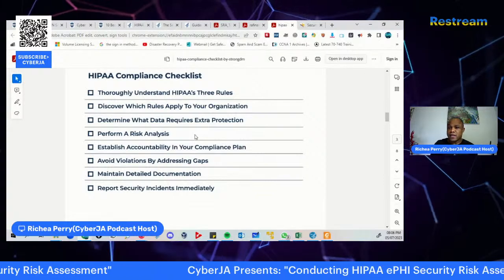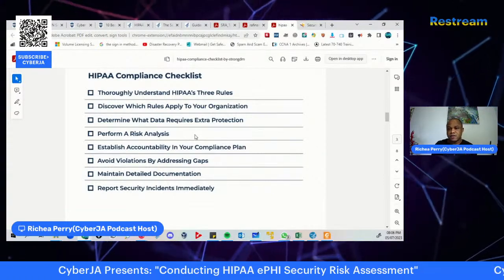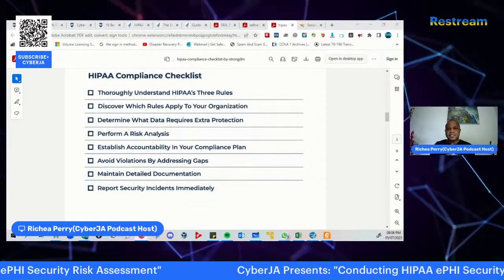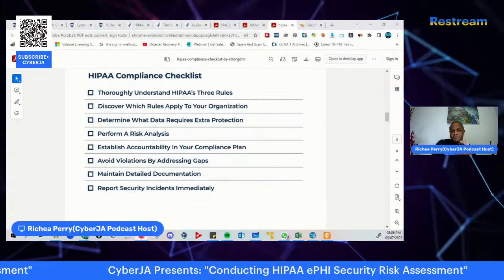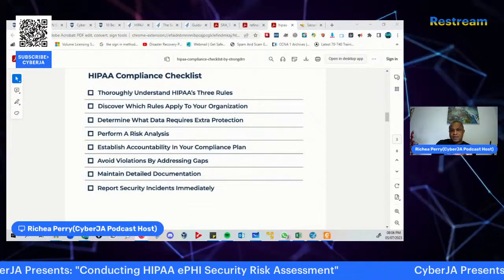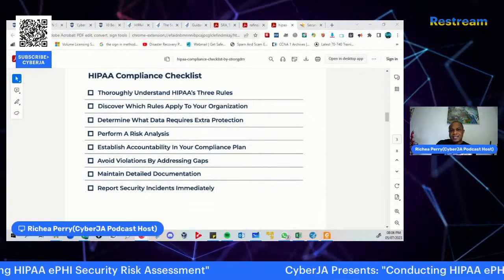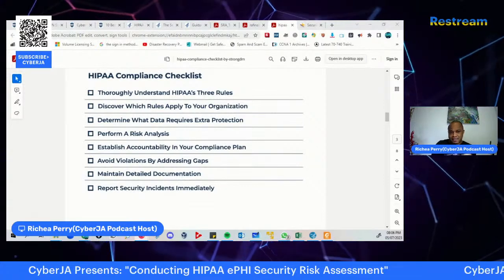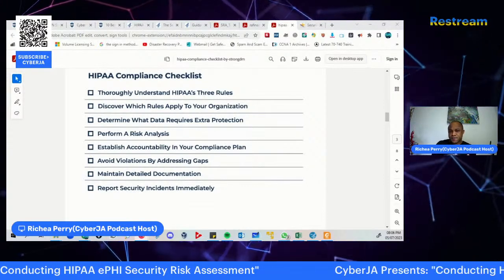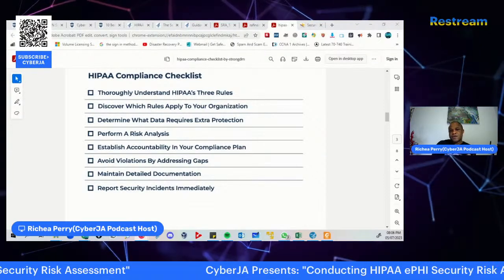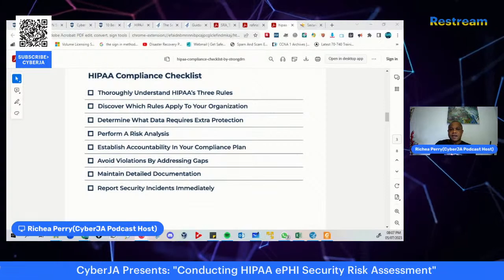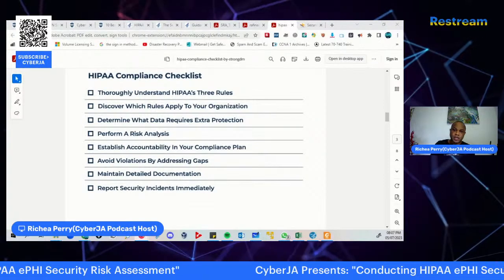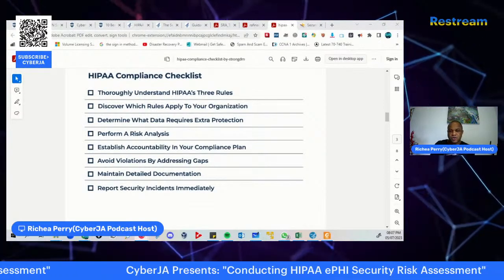But all of this is quite involved. It goes beyond just working with a checklist, and that's very important when it comes down to HIPAA. Implementing HIPAA, the Health Insurance Portability and Accountability Act, is an essential step for any organization that handles protected health information, that's PHI. And HIPAA itself provides a framework for safeguarding this PHI and ensuring patients' privacy. So you have security combined with privacy.